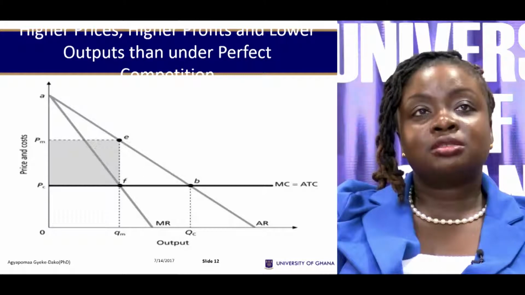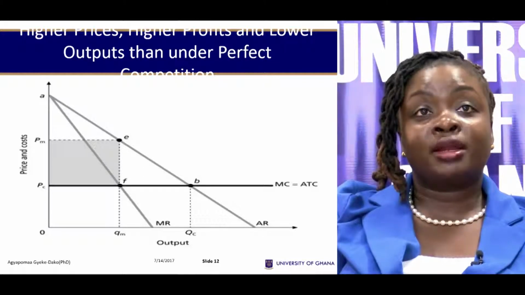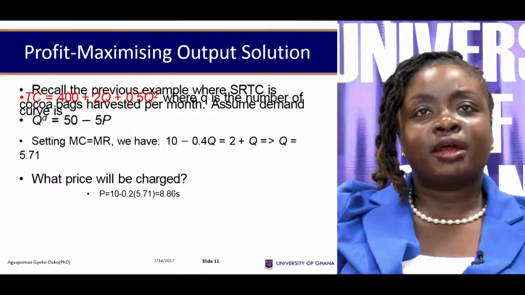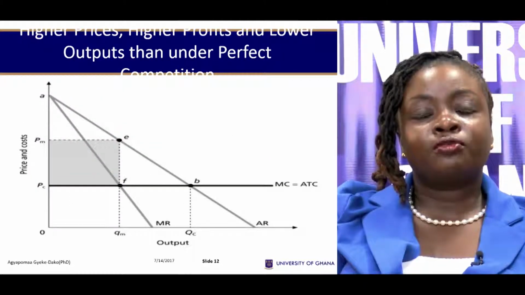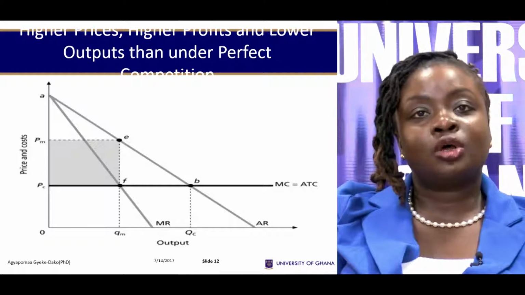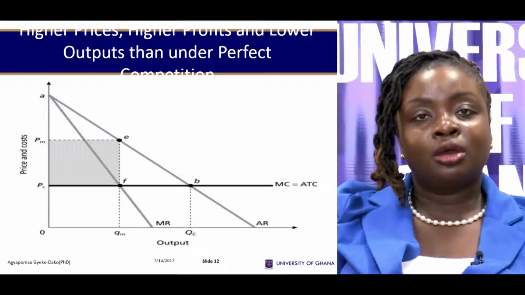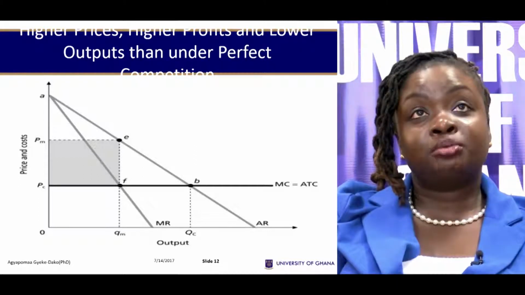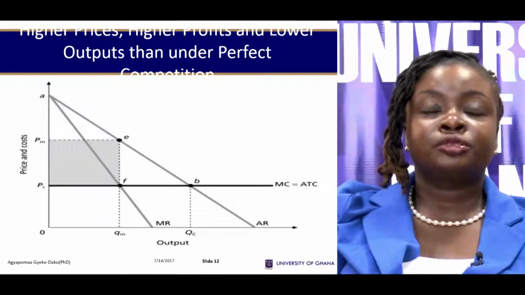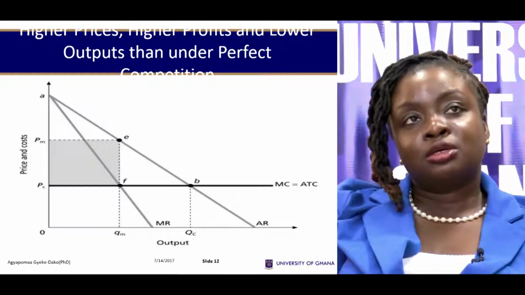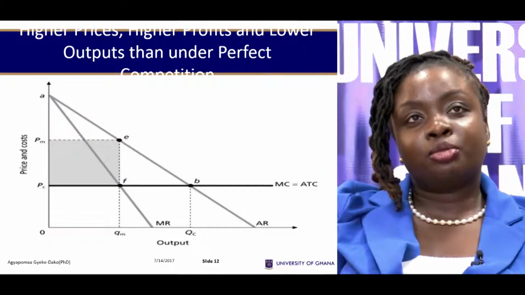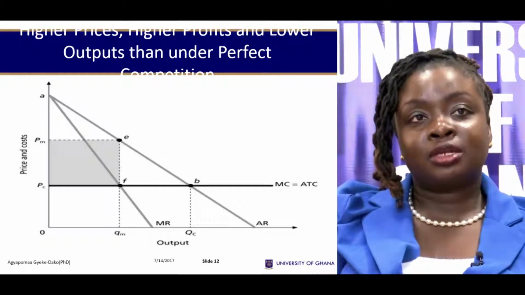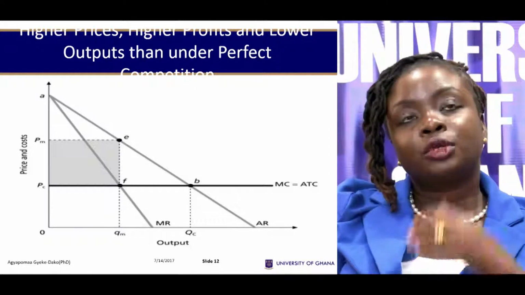Now, let's look at the long run as well. What would happen to the monopolist? In the long run, the monopolist would be confronted with all four situations. So unlike the perfectly competitive firm, where in the long run the firm will just be breaking even because there's free entry and exit, no such condition exists under monopoly, and therefore, in the long run, all four scenarios can occur.